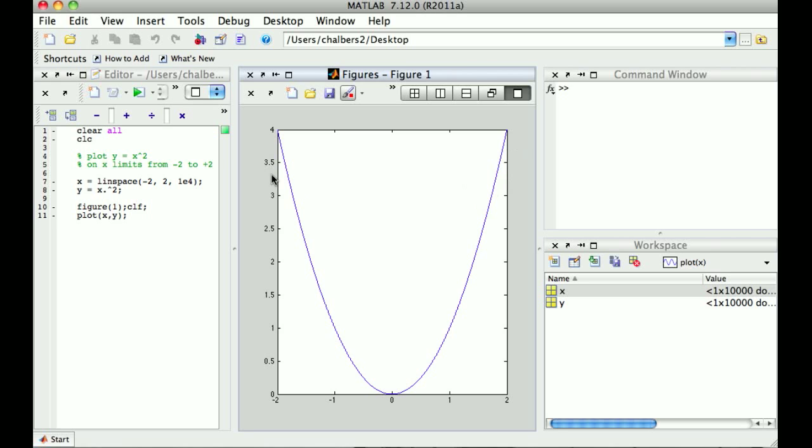So anyway, that is pretty much it for really basic plotting. In the next video, I'm going to go over some stuff that will show you how to put in a title up here, how to title both of your axes, and maybe even how